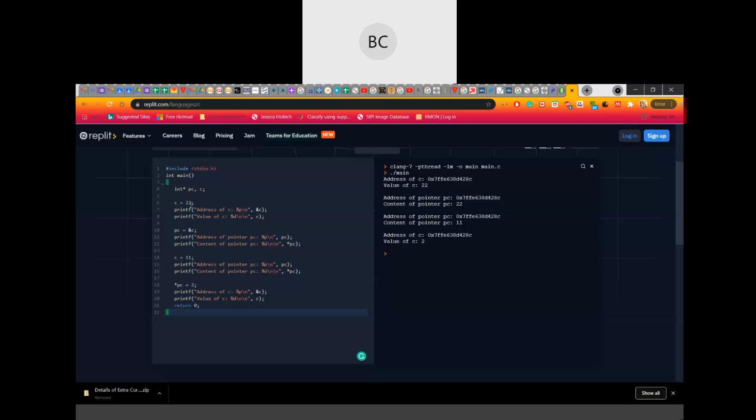Okay, so to normally access the pointer variable, this is the case. You just use pointer PC to access the value. Then if you want to change the value, then you can either use the variable to change it, or you can also change the value with the help of the pointer. Okay. This is the simplest one, how pointer works.